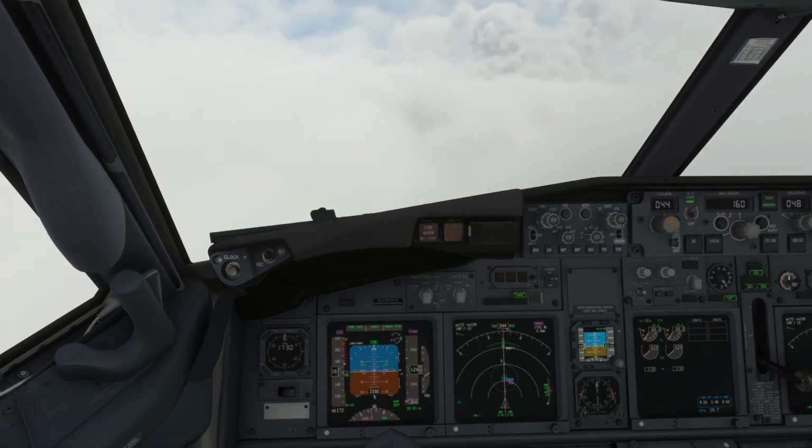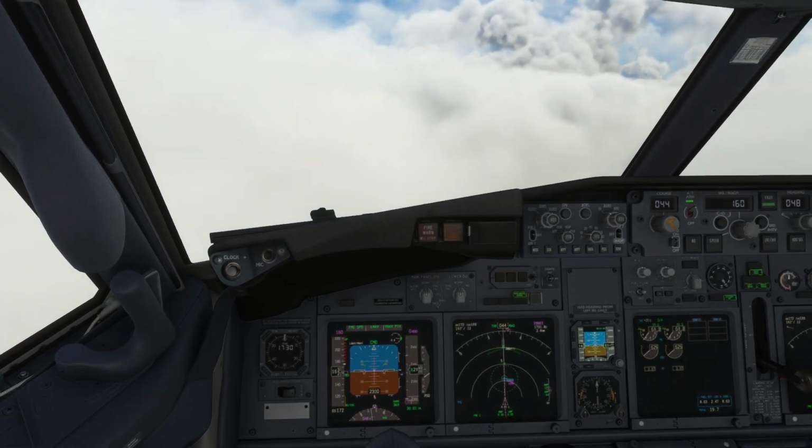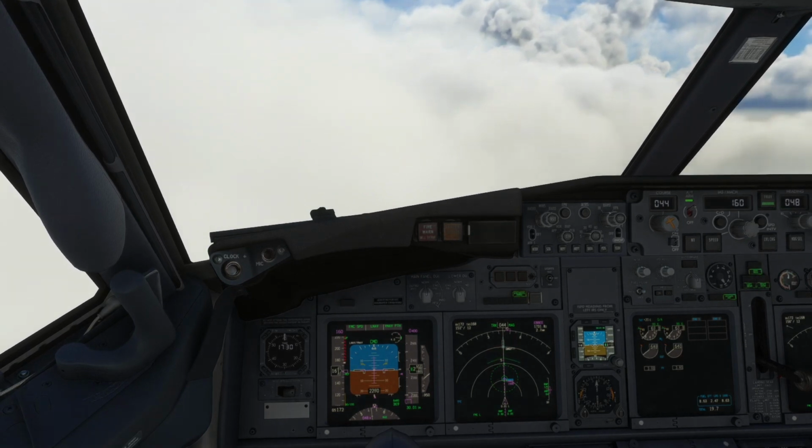At some point during the approach, we can recall the steps in the event of a missed approach, such as what flaps to call for.